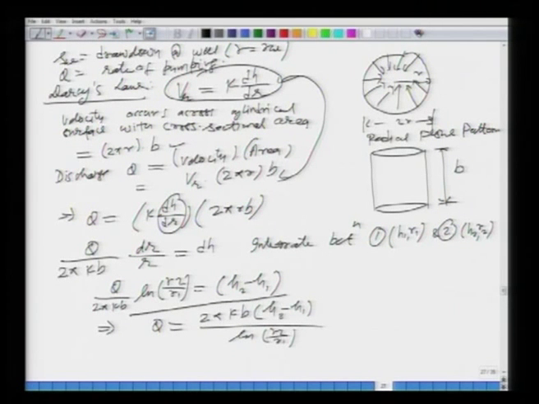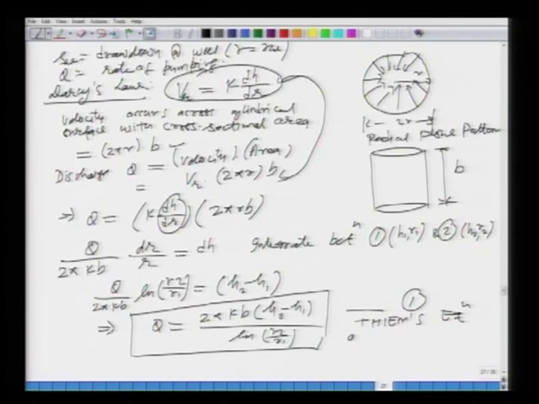This is the expression for your discharge. So, what does it mean? You have 2 observation wells at r1 and r2. All you do is measure the drawdowns or the height of the water table in them. Once you have that, you can find out what the Q is, and if you know the Q, you can find out any of these things here. Let me number this equation as 1. This is the famous equation known as Thiem's equation.